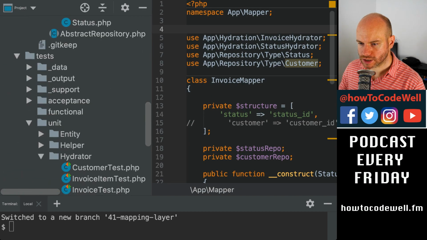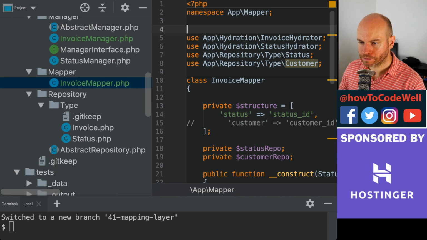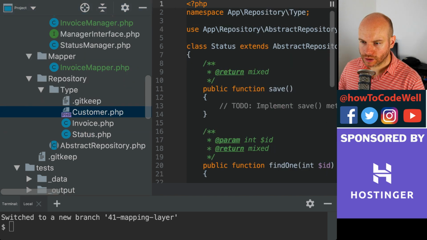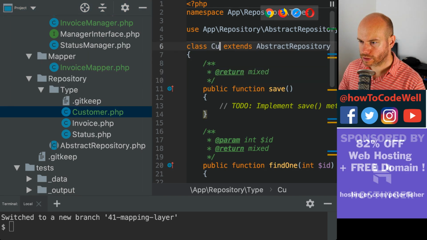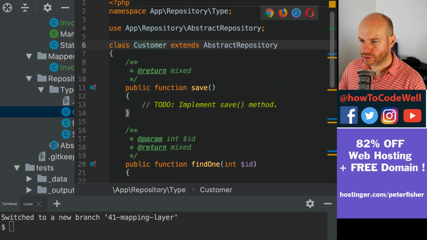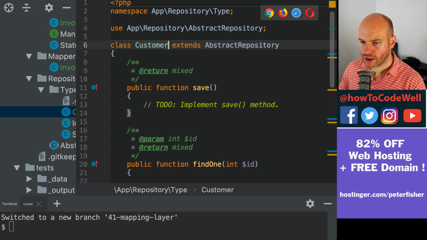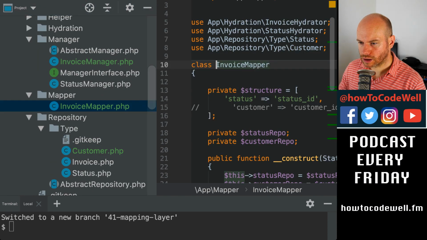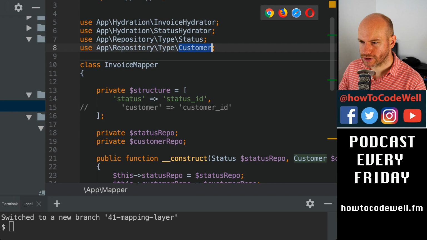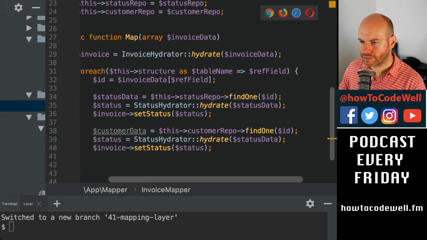So that would be the customer repository. Where are we? Managers, repositories. Let's just copy that and push that in. Okay, we've got all the other jazz. That's cool. Okay. Then what we do in, where are we? Mapper, invoice mapper. We're passing that through, so we have these two repositories pass through. We're going to put that back in, and then